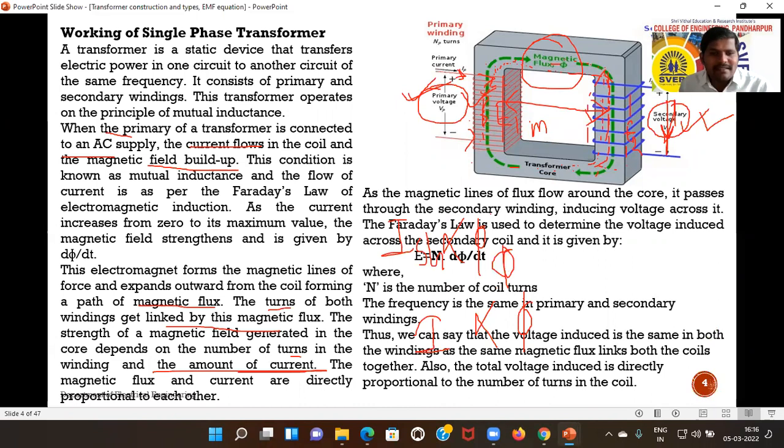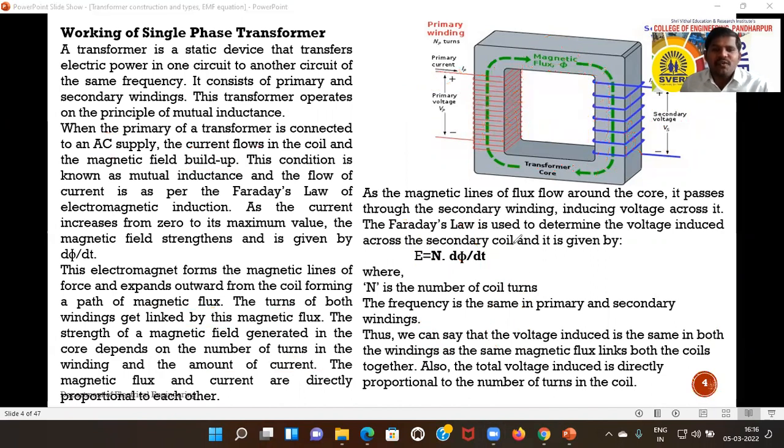Now see, as the magnetic lines of flux flow around the core, the flux that is created flows around the core, the path provided by the core, and when it passes through the secondary winding, at that situation this flux will link with the secondary winding. If this flux links to the secondary coil,